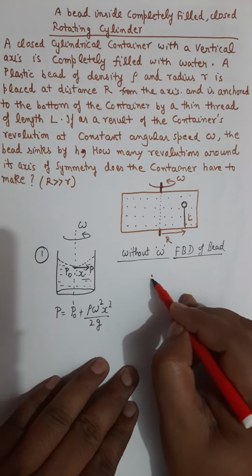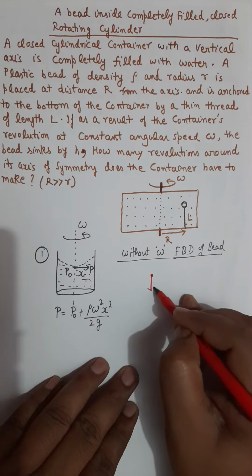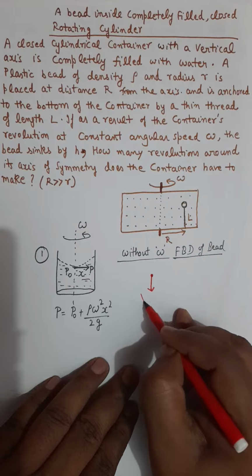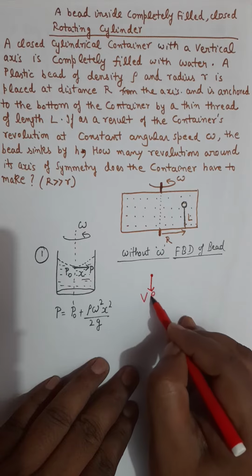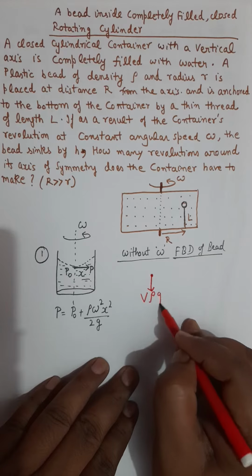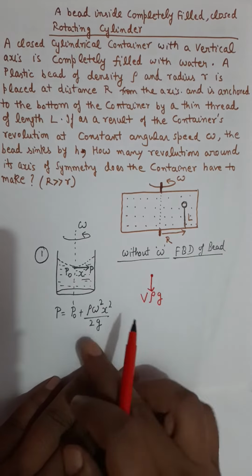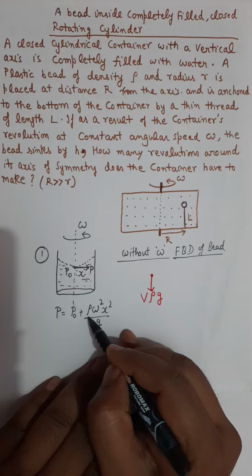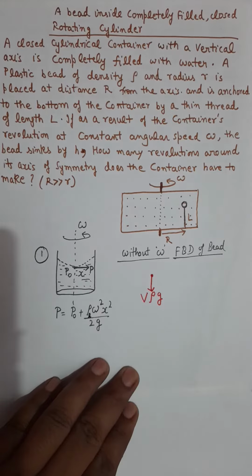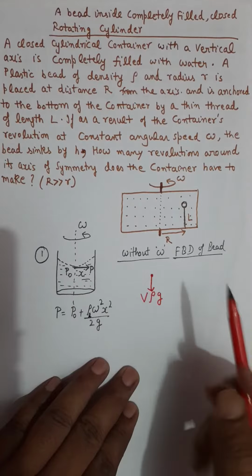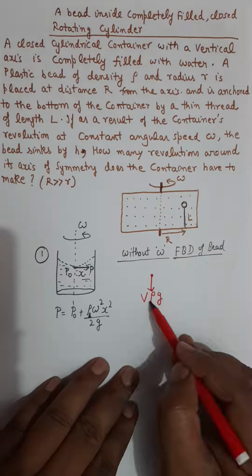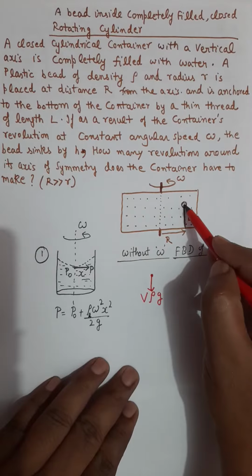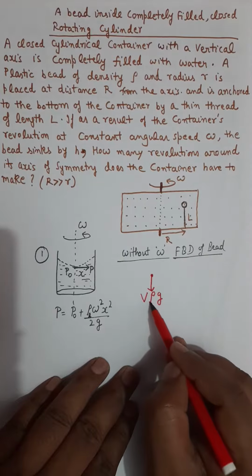One will be its weight, which is volume of the bead, density of the bead times g. Here the rho is the density of the liquid which is filled in the cylinder. This rho is the density of the material of the bead. So this is the weight of that bead,